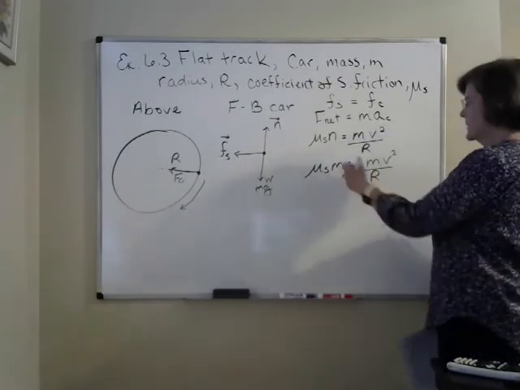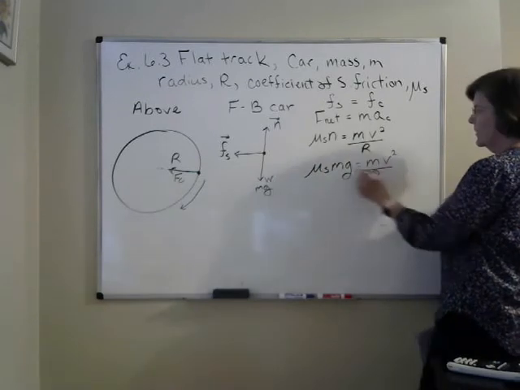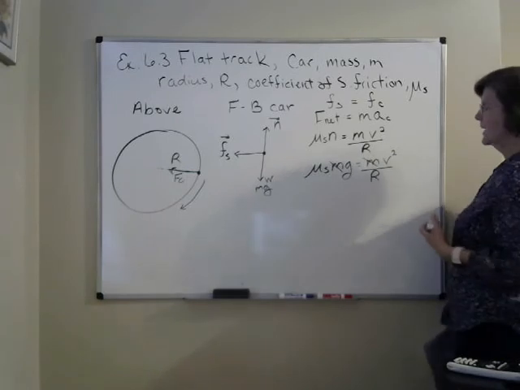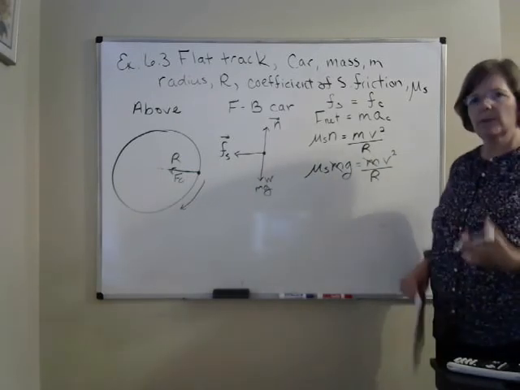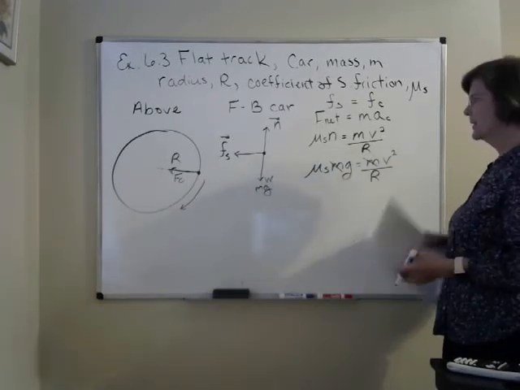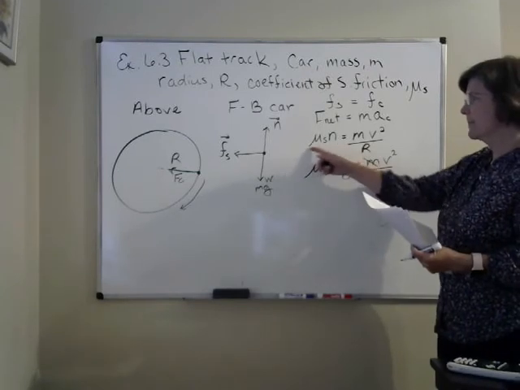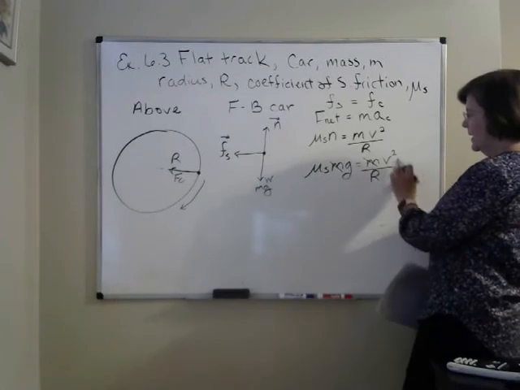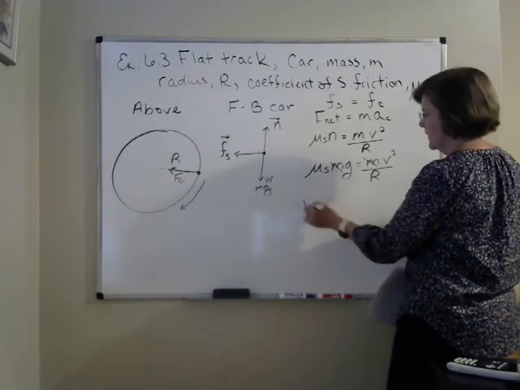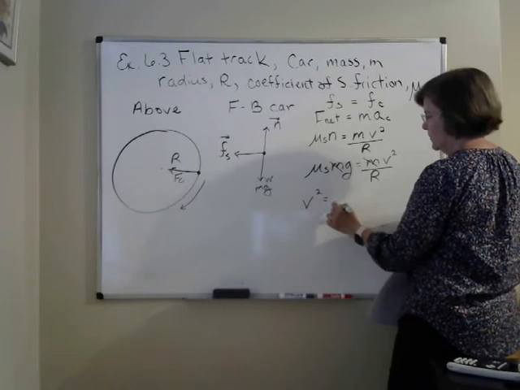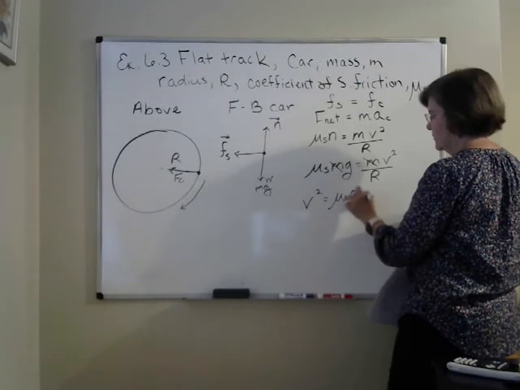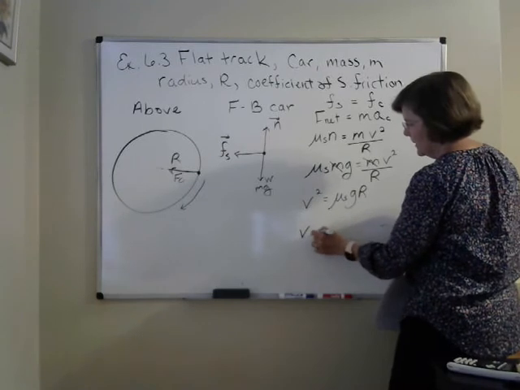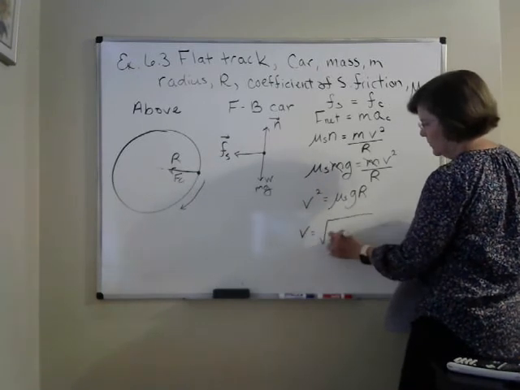We have mu s mg and m v squared over r. They want us to find the maximum speed, and I didn't even say that. Well, the maximum speed occurs at the maximum value of static friction, mu s, so that's going to give us our maximum speed. If I solve this, I get v squared equals mu s g times the radius, or the maximum speed is the square root